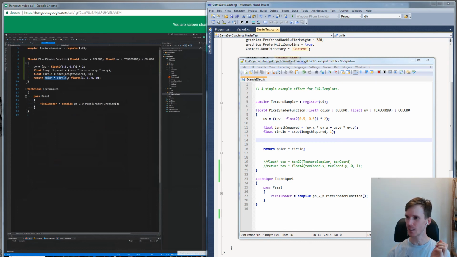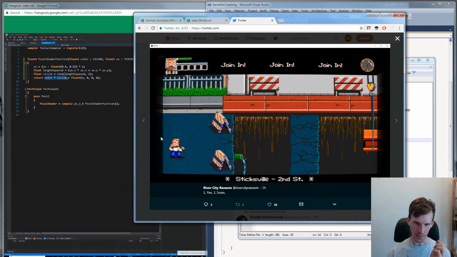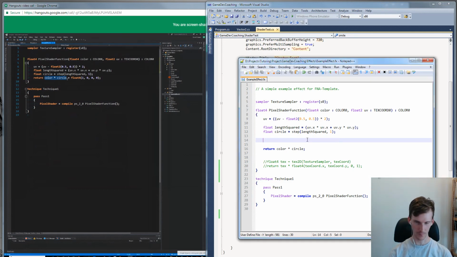So I think I figured out what went wrong with my microphone, and that is it was stuck in a USB 3 port, and oddly enough that didn't work. So yeah, I was just showing off a thing that we were working on earlier, which was I made a sort of CRT shader for River City Ransom,